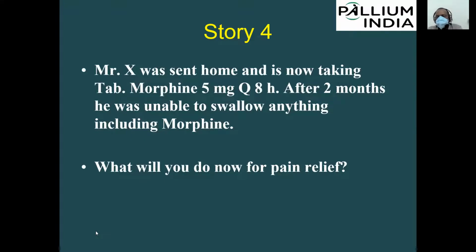Jaya, do you want to comment on this? Yes, sir. I'm in this group only. Maybe we can introduce a fentanyl patch or buprenorphine patch along with this. And we have to see for the BP, and BP charting has to be done, and then we have to look for the constipation, nausea, and vomiting related to the opioid. The problem, we will come to that when we discuss the next story.